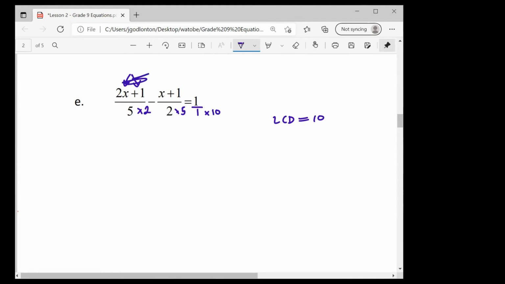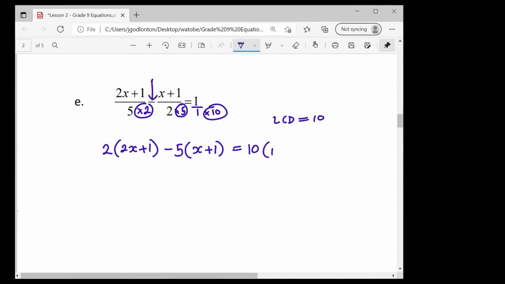So the first thing we're going to do is have that times 2 that we've got over here. We're going to put that 2 in the front, and we're going to put those two terms in our numerator in a bracket. Then for our second one, we're multiplying by 5, and there's this minus sign. So we're going to say minus 5 bracket x plus 1 is equal to 10 bracket 1. If you're feeling like, oh, I don't have a denominator, and you feel like all the walls are caving in, it's absolutely fine to still put those over a common denominator before you drop it.